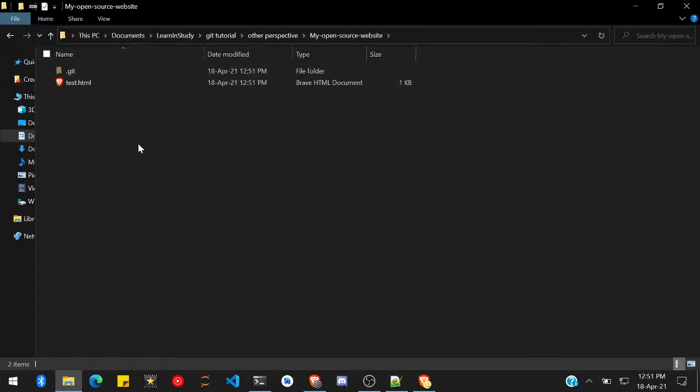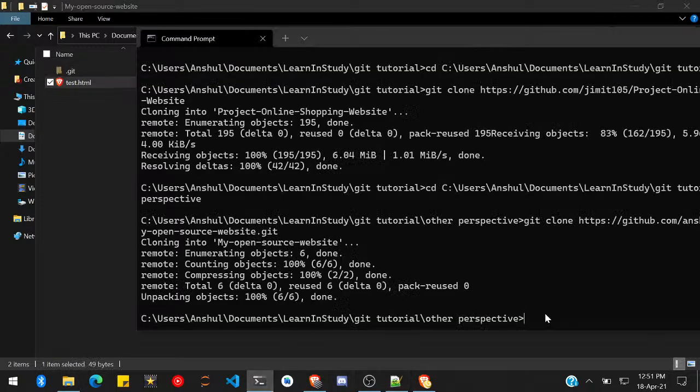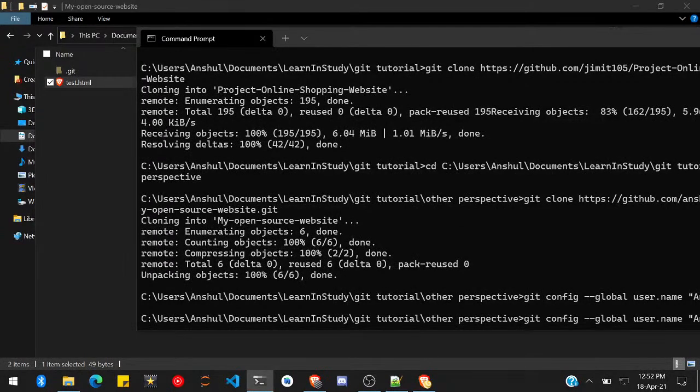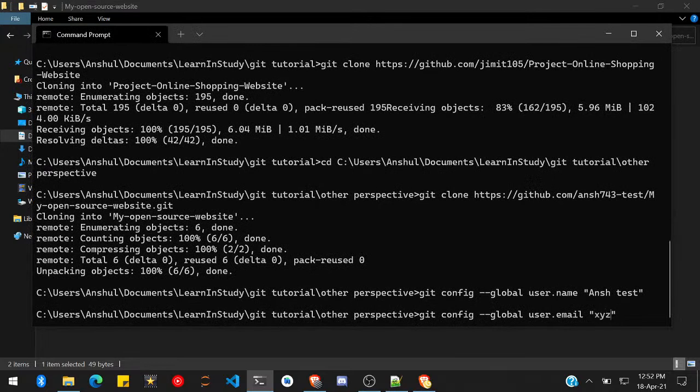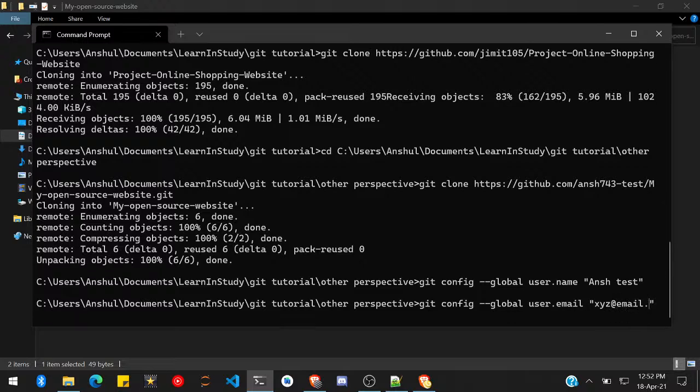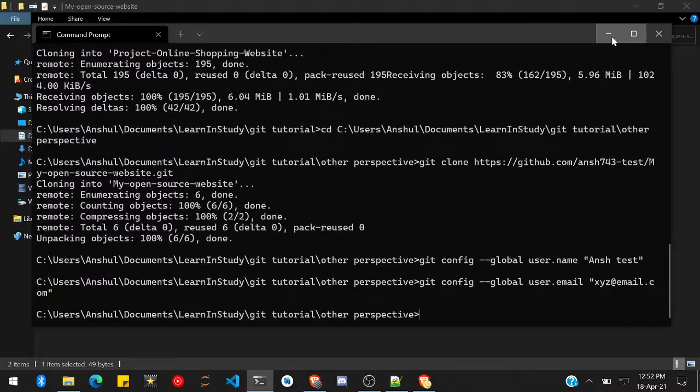So okay, I'll say, now please ignore this part. Git config. @email.com. So now